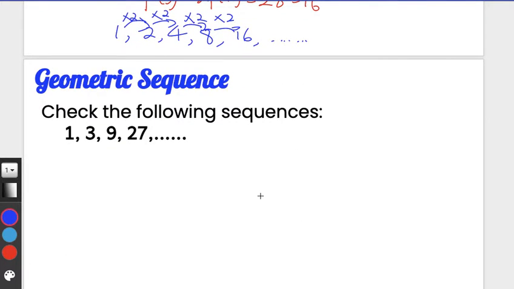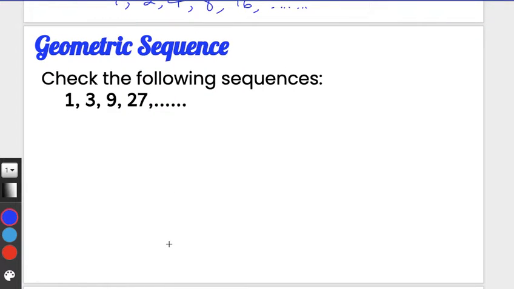Besides this example, let's look at this new example here. You can pause the video and think about what the pattern is, but I know you already figured it out, which is multiply by 3, right? This kind of sequence we call geometric. Apparently, a big difference compared to arithmetic. Arithmetic is adding a constant number. I mean, this number can be positive or negative, but this is how we do arithmetic. But for geometric, it is multiply